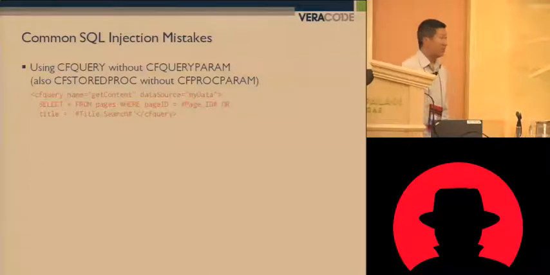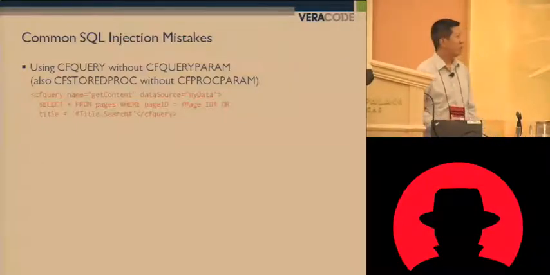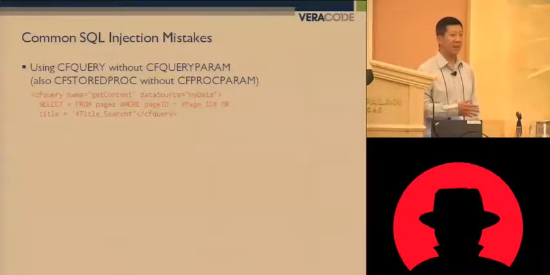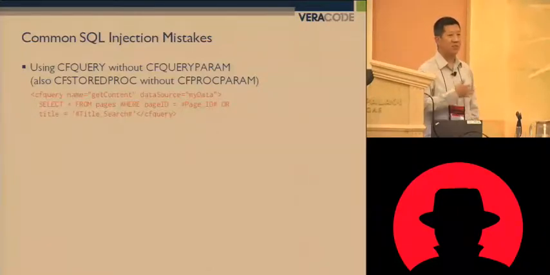We have a little bit on SQL injection just because there is one behavior that I wanted to point out. We won't dwell too much on this, but this is an example of what a SQL query looks like in ColdFusion. They have a tag called CF query. You give it a name, you point it to a data source. The data source is configured on the back end in the server before the application even starts running. So you have a CF query tag, you tell it what to query against, you put the query in there, and then as you can see, you can use CF expressions inside the query tag to populate